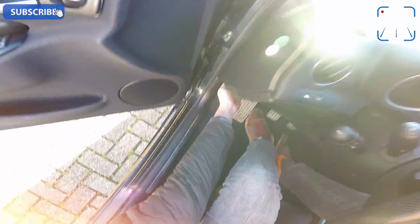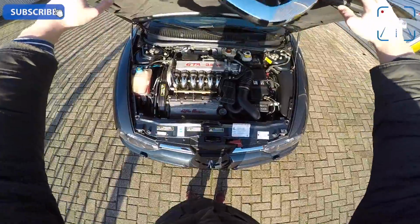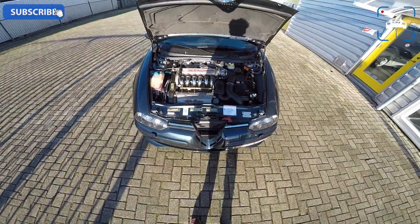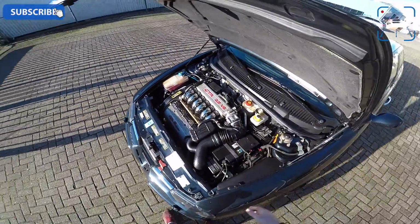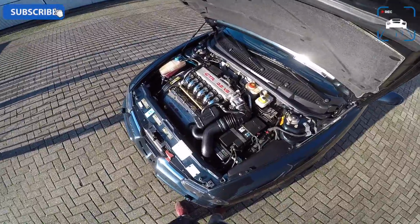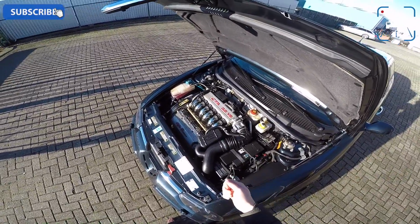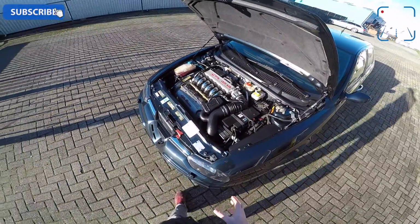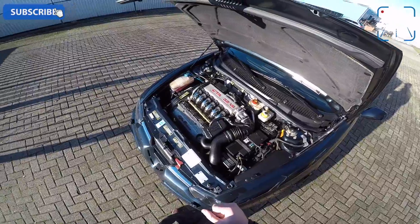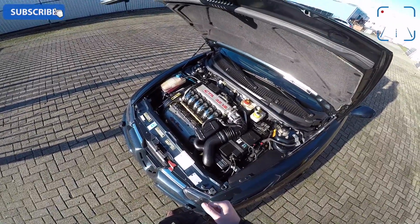Where is it? There it is. So this is it, the masterpiece, the Busso V6. So why is this called a Busso V6? Everybody keeps searching for it and commenting about how special the Busso V6 is. But let's start with why it is called a Busso. That's because the inventor of this engine, Giuseppe Busso, developed this engine in the 70s, and he was responsible for race cars at Ferrari. He built the 1.5 liter V12 at Ferrari, and he then came to Alfa to make special engines, and he sure did, because